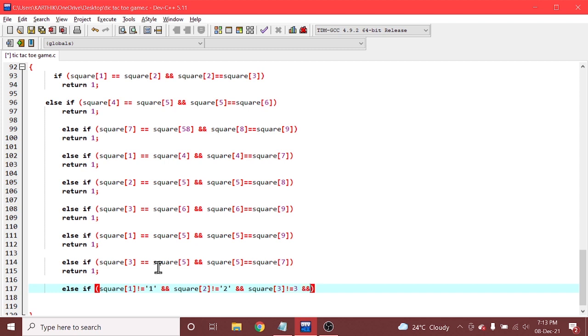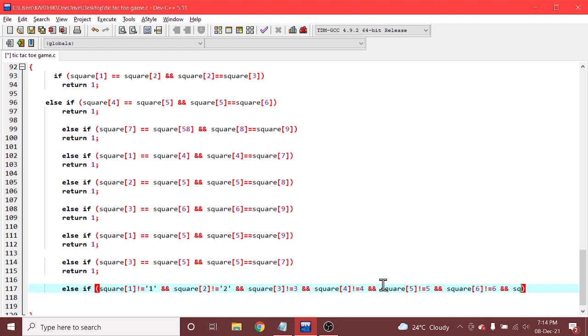Similarly we are writing the conditions: for square of 4 not equal to 4, and square of 5 not equal to 5 and square of 6 not equal to 6.